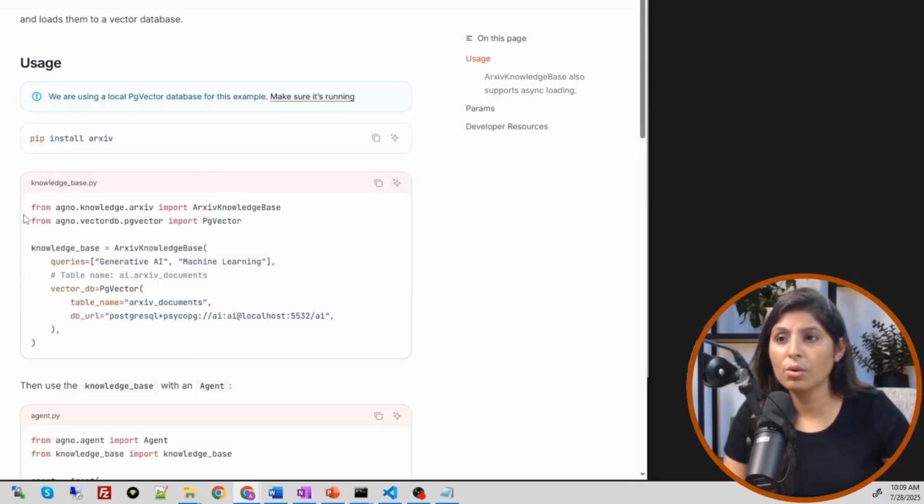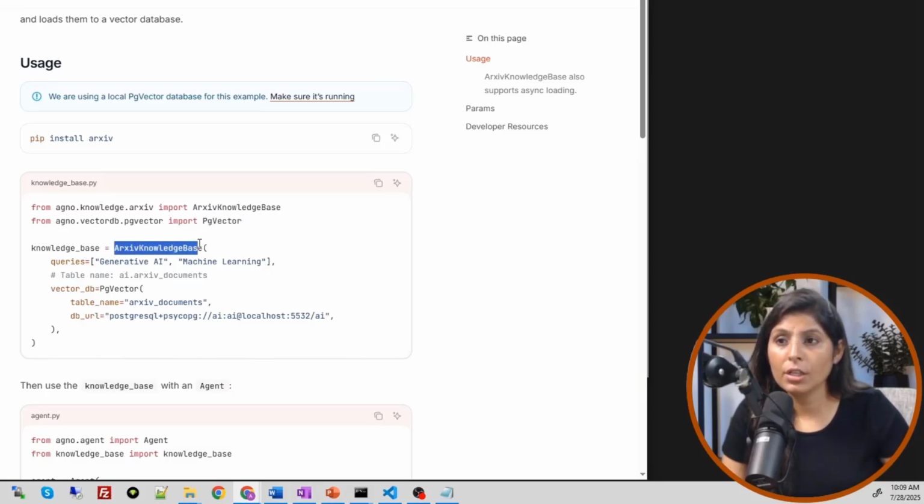So what is the code? From agno.knowledge.arxiv, we will import this arXiv knowledge base, and this PG vector I've already told you, because we want to store the data which we are going to fetch from the arXiv website. The data related to those papers we want to store in the PostgreSQL database in the form of embeddings, and for that we need this PG vector.